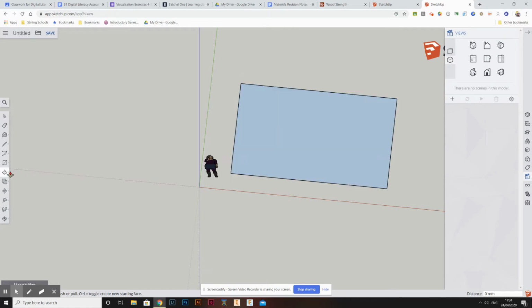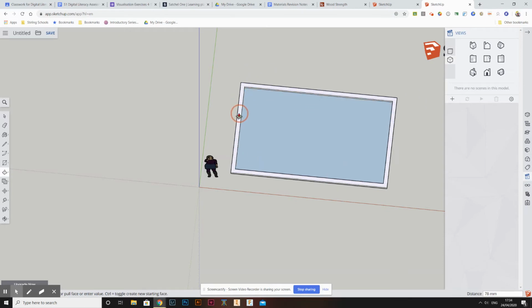And I can do that by using the offset tool, which we can find in here. It is also the shortcut key F on the keyboard. So if we use the F button to get that, if I click an edge here and then drag, it will allow me to copy that edge and then place it inside. And that means that when I come to use my push-pull tool again, I can select just that outside